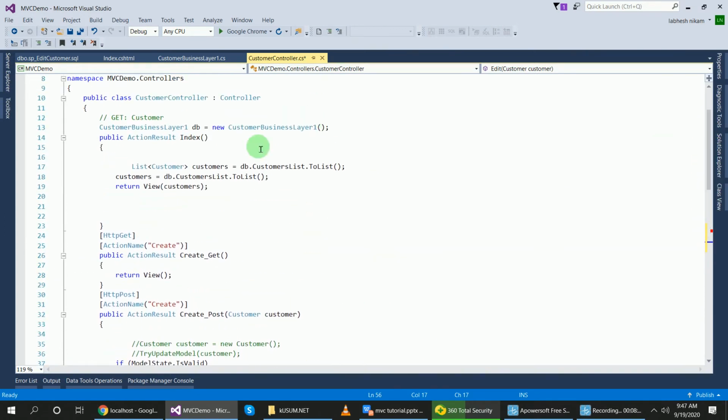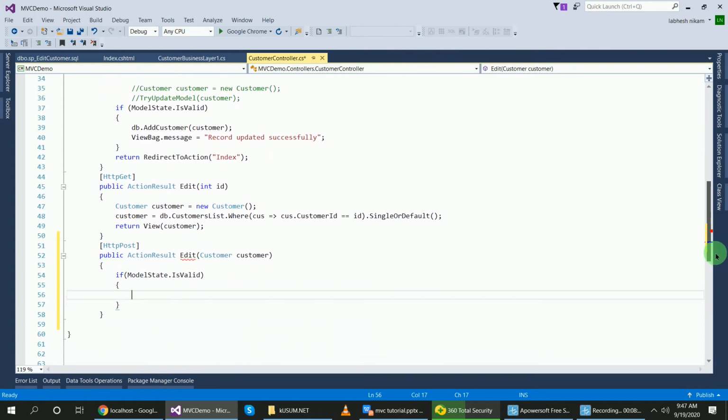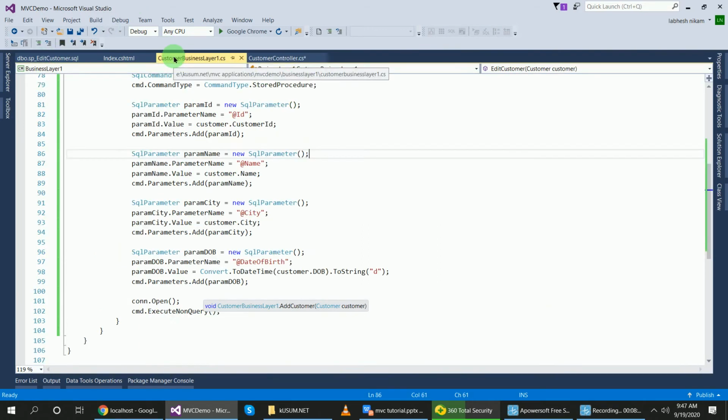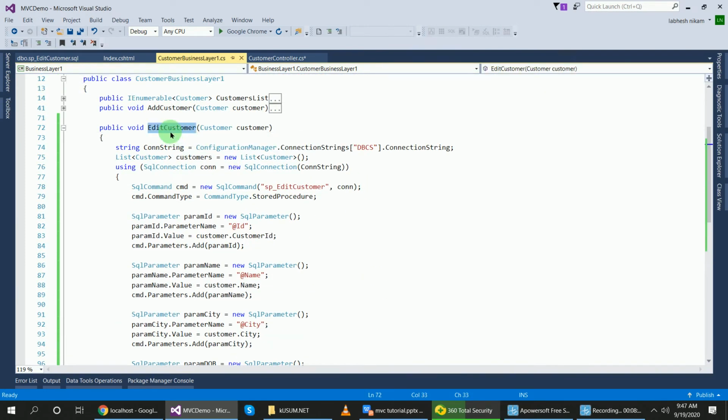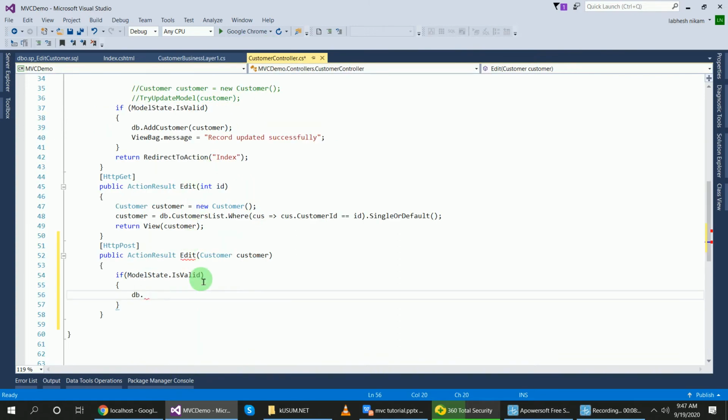I have created this db object here using the business layer class, the context class, or you can say the business layer ADO.NET object. Using this db, I now write the method there. Which method? In the customer business layer class, the name of the method is EditCustomer. So copy this and paste here. So db.EditCustomer